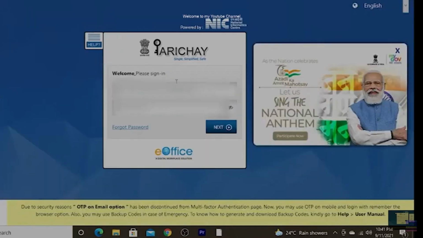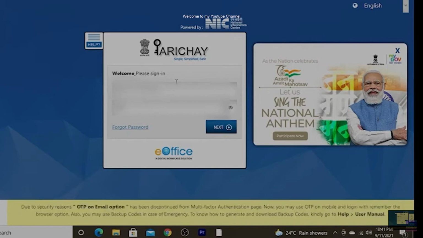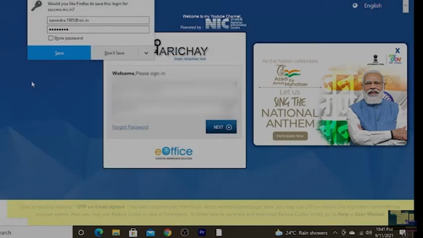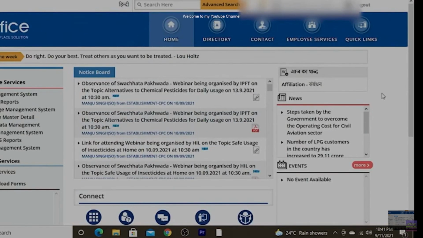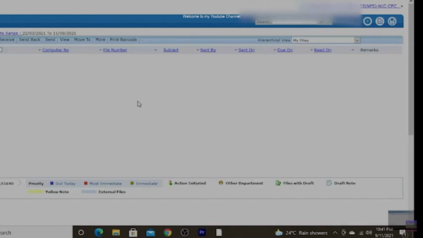By clicking on the eOffice application, we will be redirected to our eOffice Parichay page. Once the Parichay page comes up on our display, we have to write our user ID and password as we usually do while accessing the eOffice application. After inserting the user ID and password, just click on the next option. After that, our eOffice dashboard will be displayed. The rest of the process of dealing with files, with receipts and